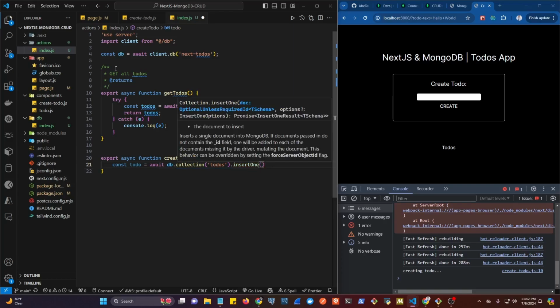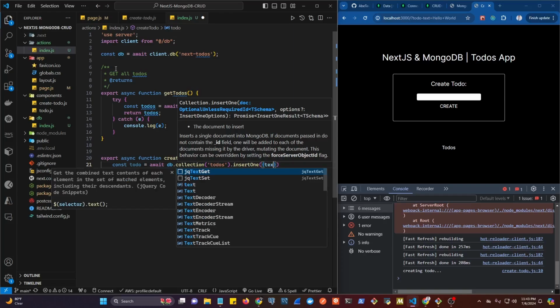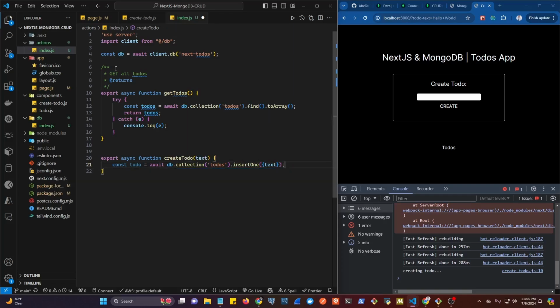And then we're going to pass in an object here with all the values that we need in order to create a new document. For this one, all we need is the text. But if you had something that will have the text, the email, the password, everything will go inside of this object. So right now we just need to pass text. And then we can just console log the todo, or what we get back from inserting a new document